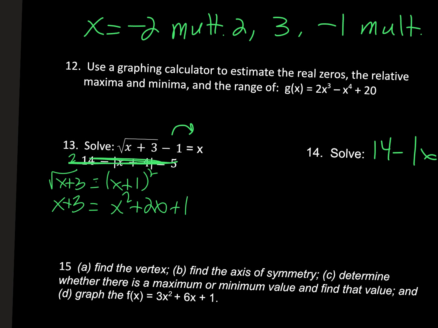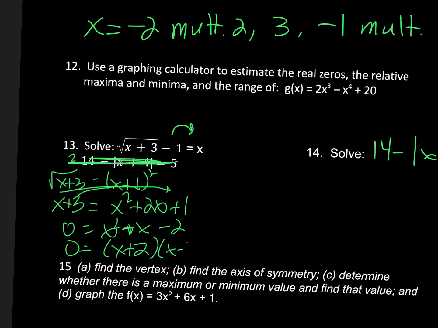Move everything over. If I move this x over, I get just 1x. Sorry about this writing again, it's my marker. And if I move the 3 over, it's -2. So if I factor that, I get x plus 2, x minus 1, which means my 2 answers are -2